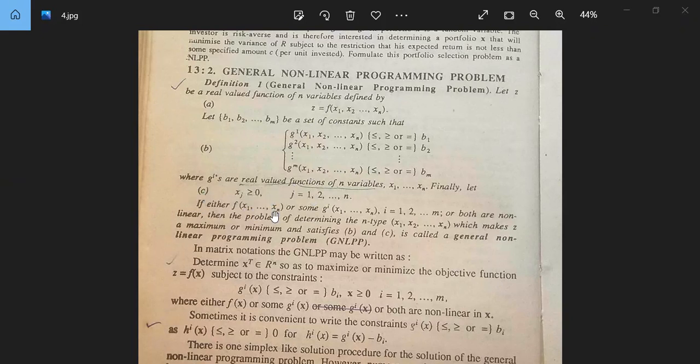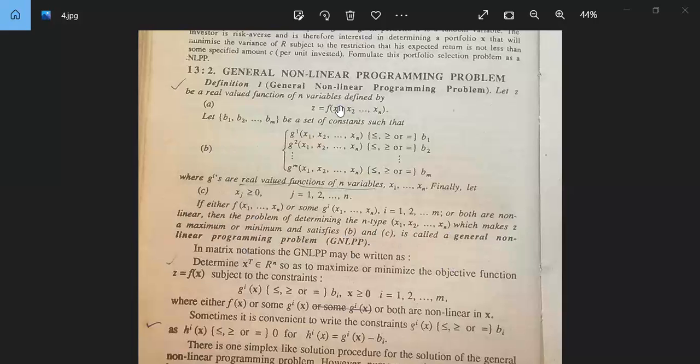If either f(x1, x2, so on xn), means this objective function, और some gi(x1, x2, so on xn), i is equal to 1 to so on m, इसमें से कुछ gi और बोथ या दोनों माने f भी हो और gi में से some भी हो, are non-linear अगर होंगे, then the problem of determining the n tuple x1, x2, so on xn which makes z a maximum or minimum and satisfies b and c, this b and c is called a general non-linear programming problem।